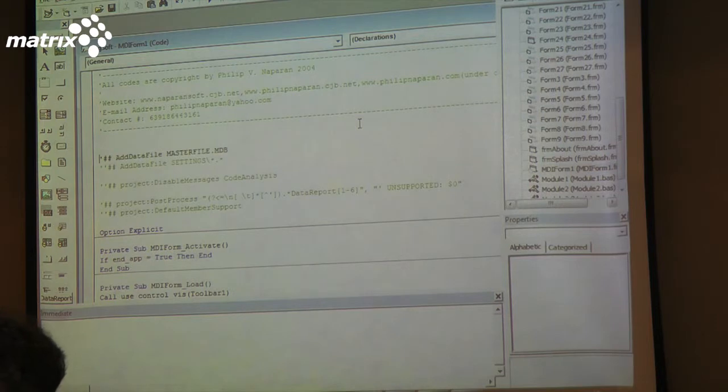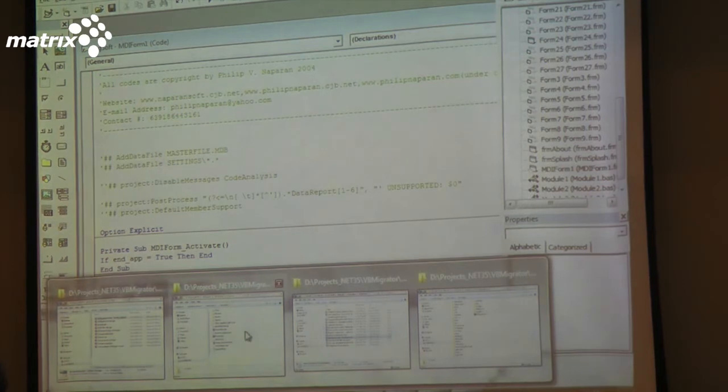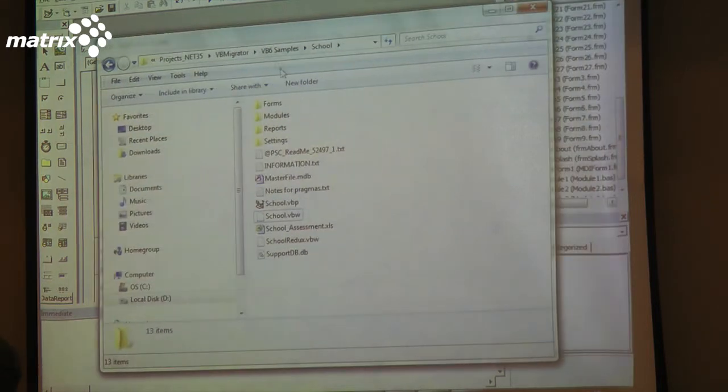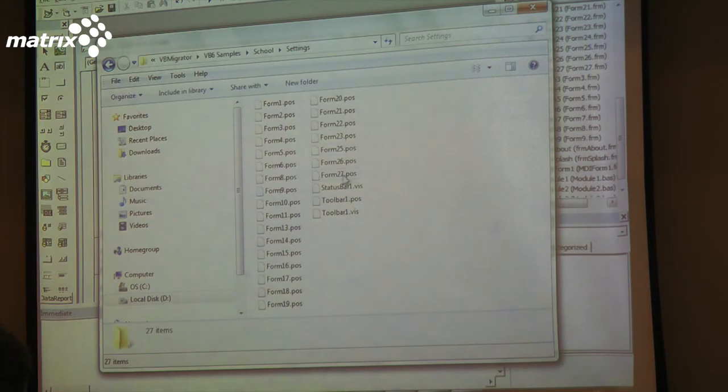In this case, the pragma that we need is called AddDataFile. Look at this. This is the actual folder. We need to move two things, the master file MDB database and this directory, because this directory contains the possibility